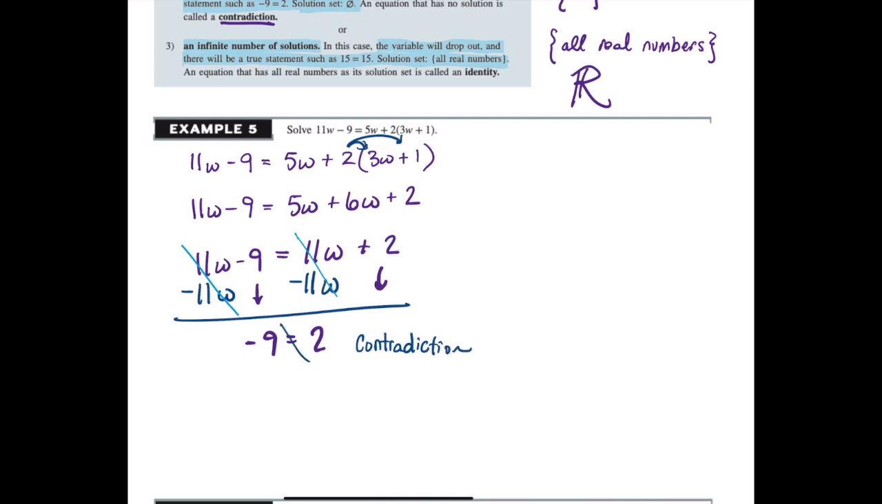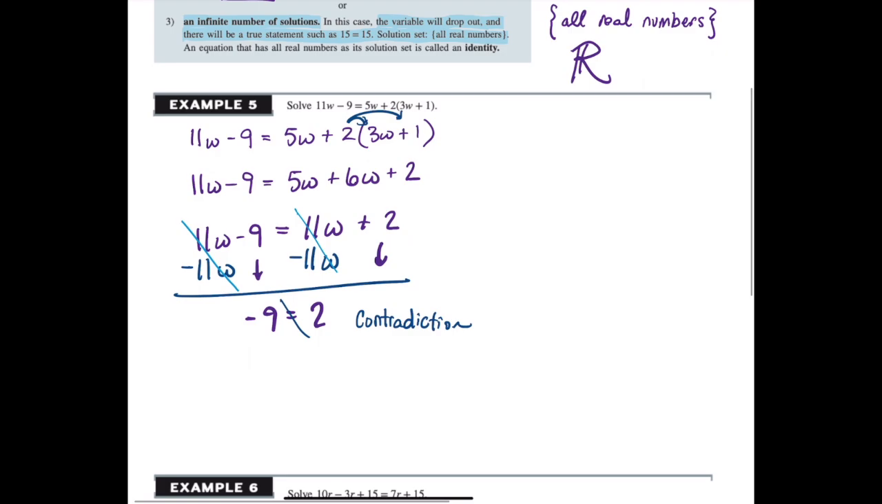-9 is not equal to +2. Doesn't make sense. So this is the case. This is like our number 2 up there. This is the case where there's no solution. So I'd say no solution,